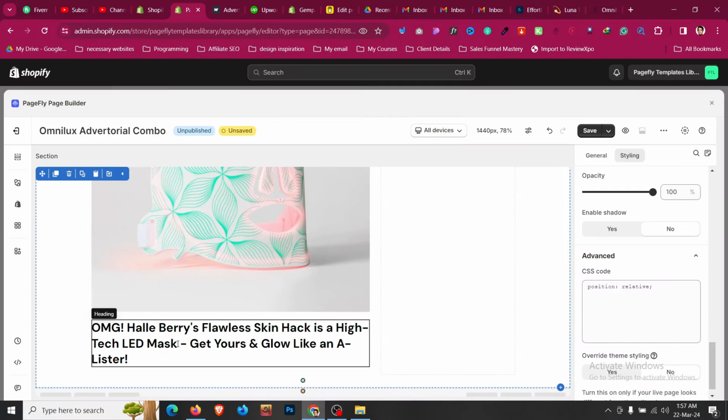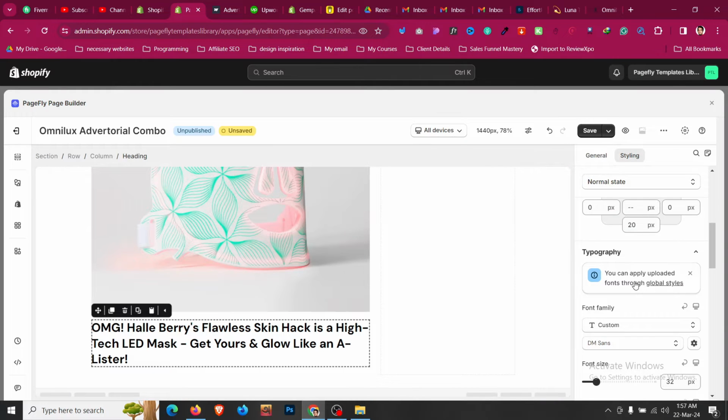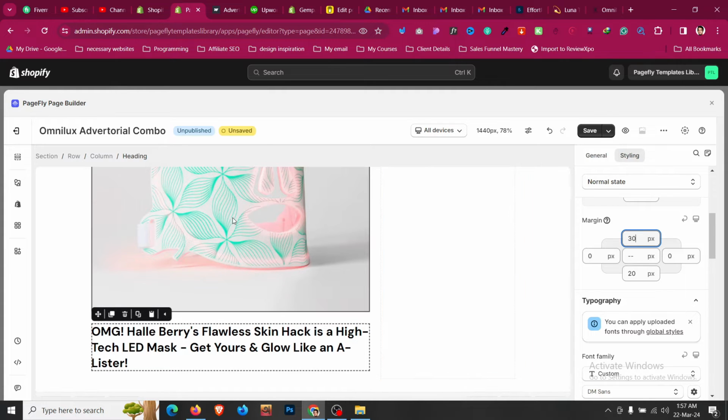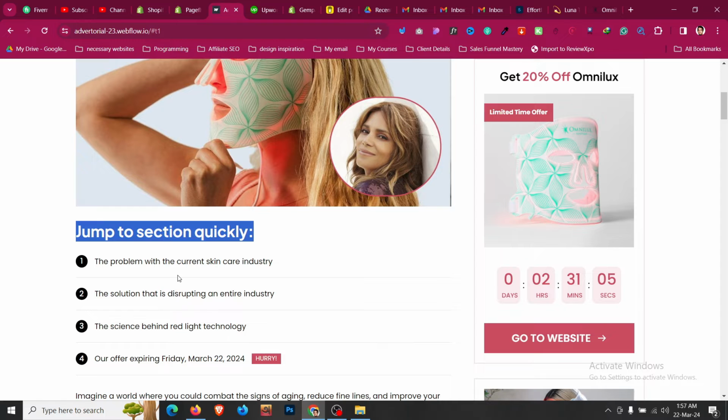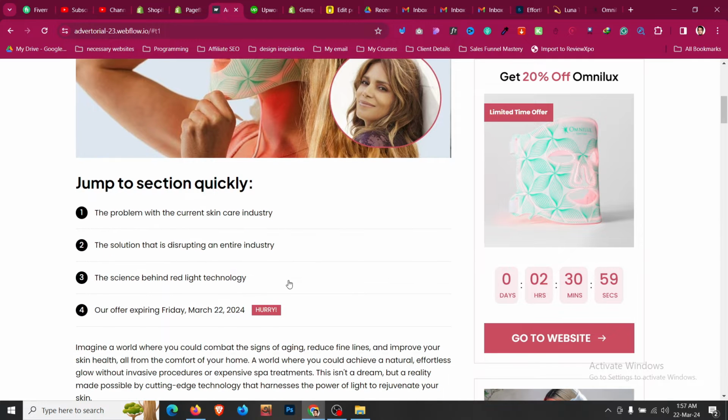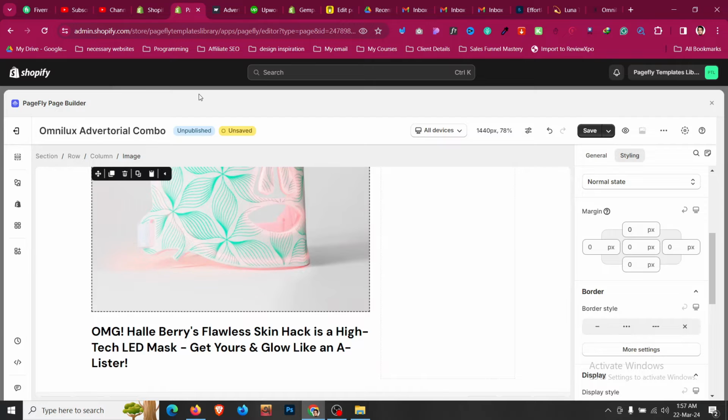Now we need more space, so I'll click the heading. The size, everything is perfect because the same headline will be used throughout the page, right? So it is already there. Then we have this called jump to the sections, and these sections have some border in the bottom, something like this. So we'll cover how we can do that. So for that, what I will do,